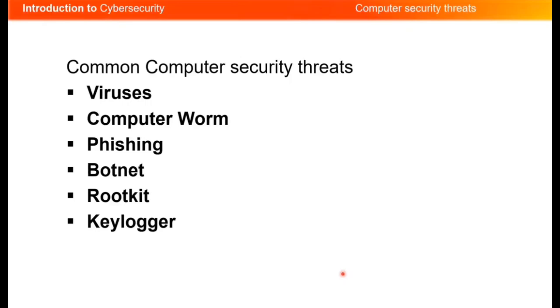Some common computer security threats. Viruses are hidden programs that either update your files without your permission or cause functionality without your permission. Computer worms begin to take over your system memory. Phishing, again, is fraudulent software that causes you to think something is legitimate and tries to use fraud to trick you into giving confidential information such as bank account numbers or credit card numbers.